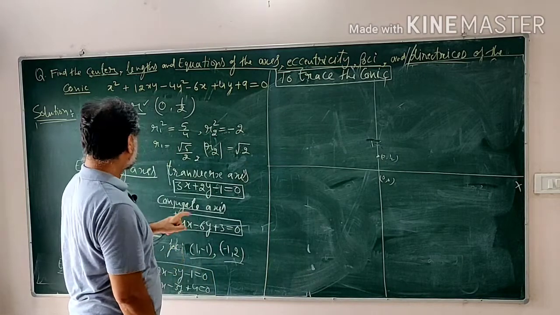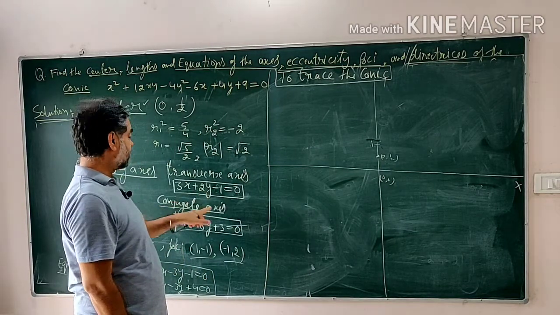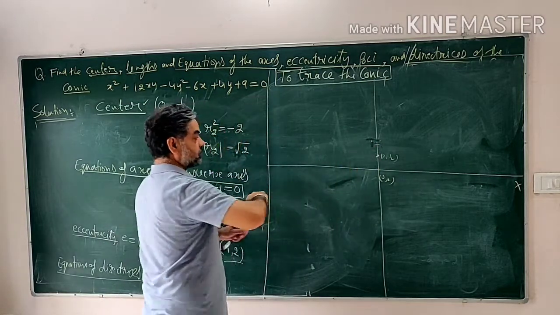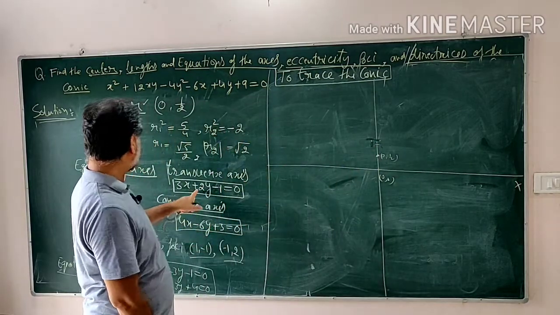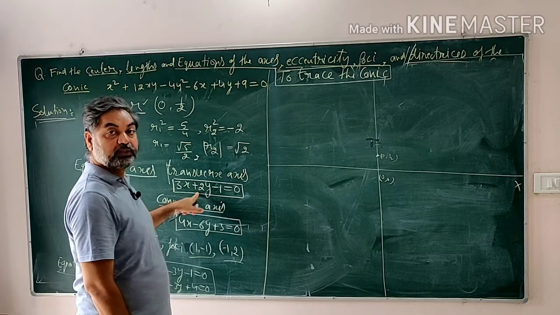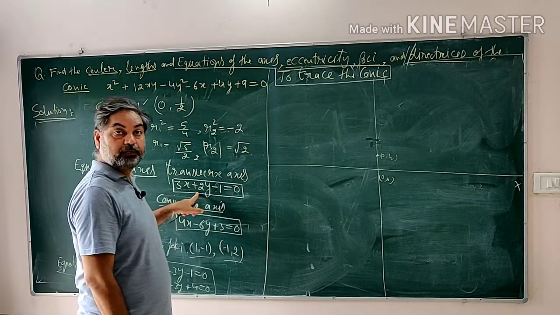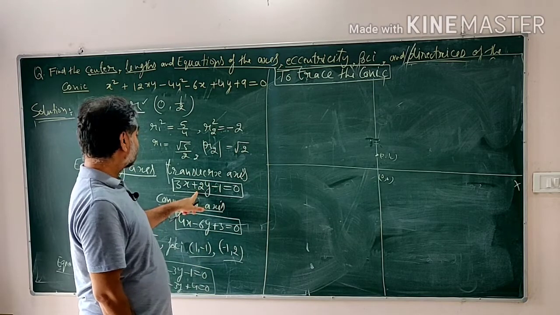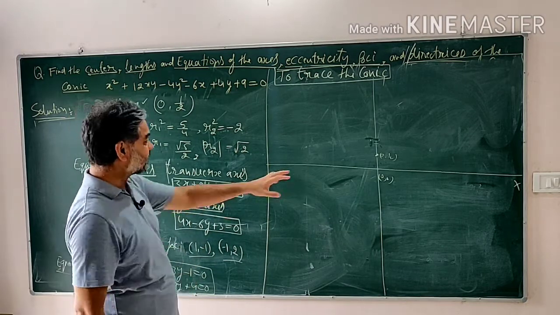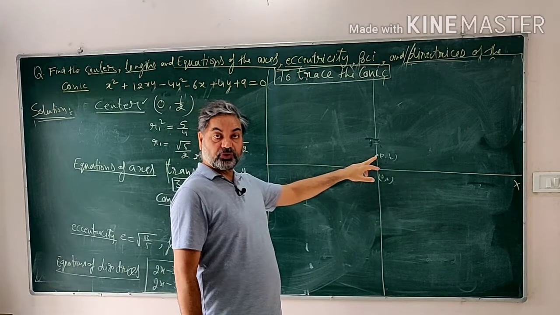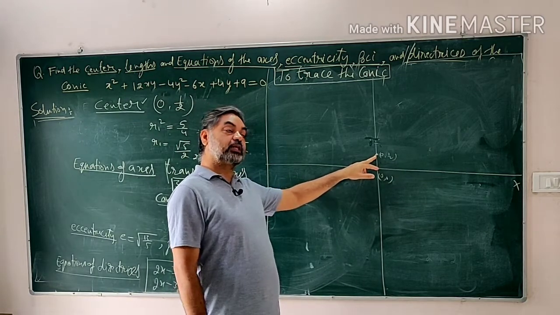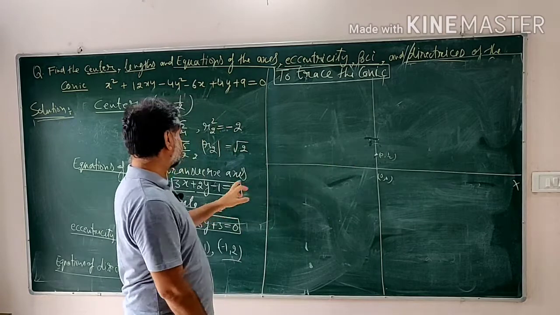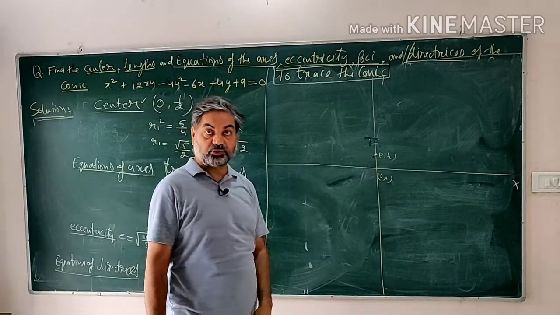Now what you do is, you draw the transverse axis and conjugate axis from this point. So the transverse axis: let's draw this line, 3x plus 2y minus 1 equal to 0. Since this is the center of the conic, the transverse axis and conjugate axis pass through this point. So one of the points on the transverse axis is already with us, 0, 1 by 2.